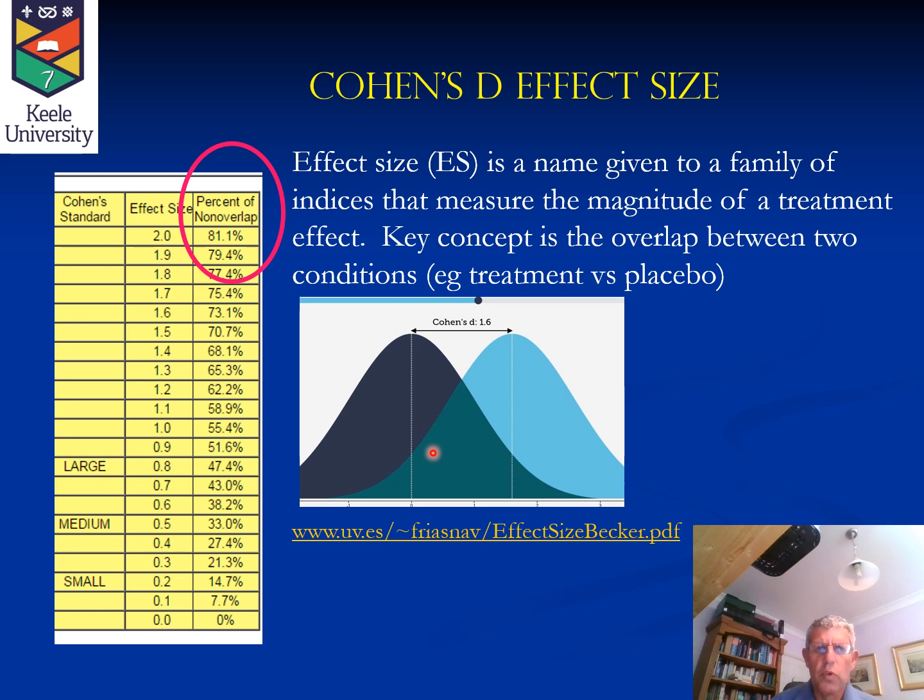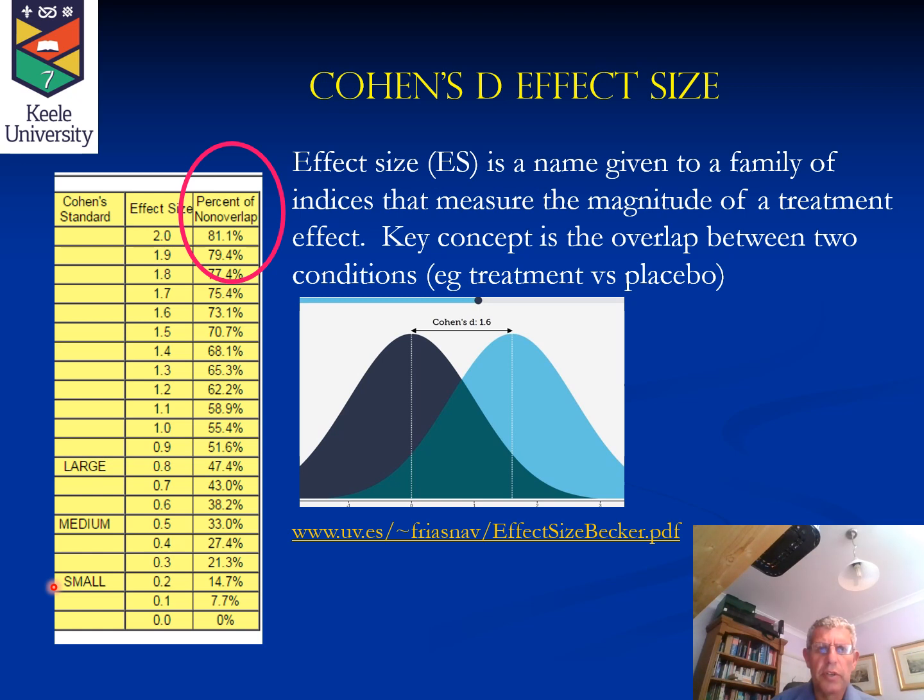Where this degree of overlap between the two distributions is very low, then we will have a high effect size as shown over here. So for example, an effect size of 2 means that the percentage of non-overlap is very high, 80%. Where the effect size is small, for example, down here,